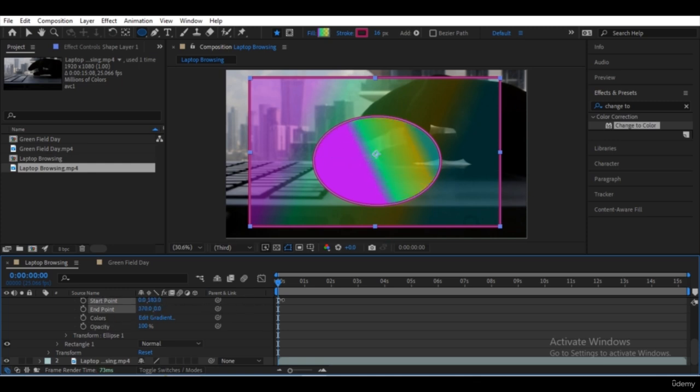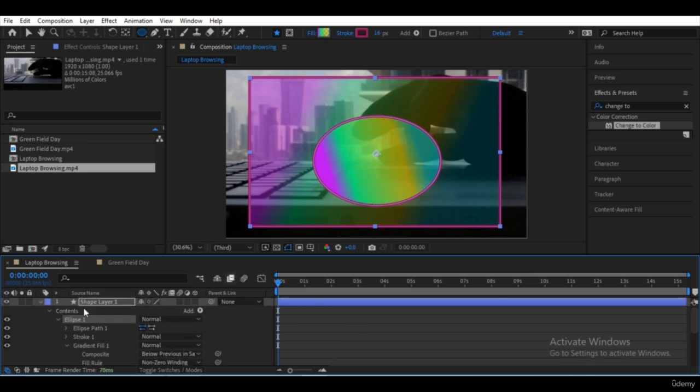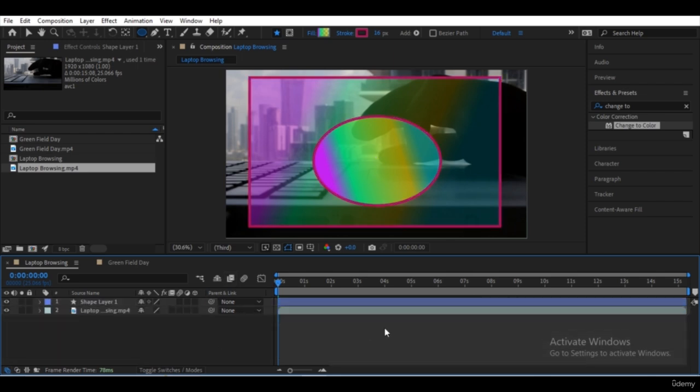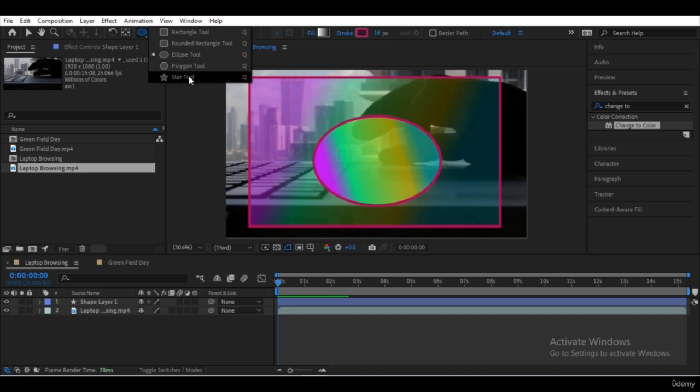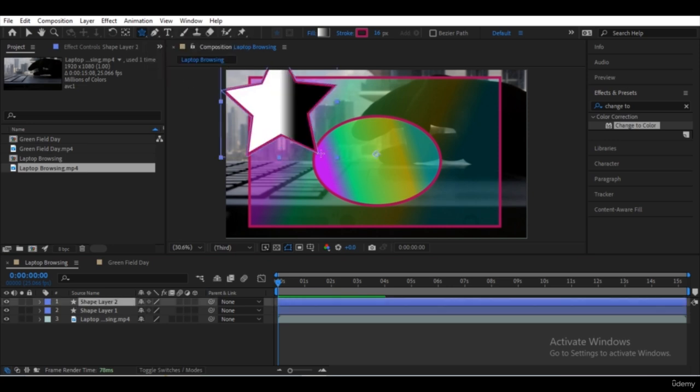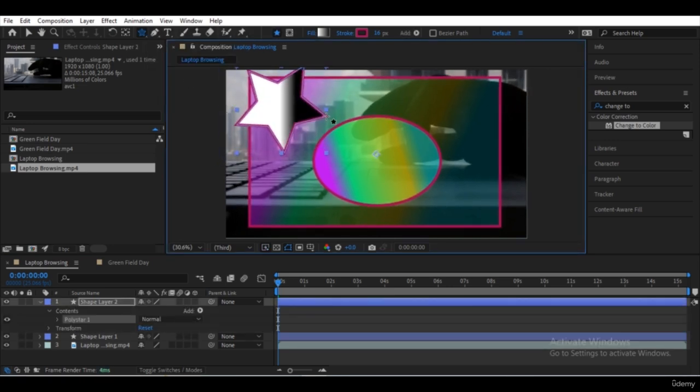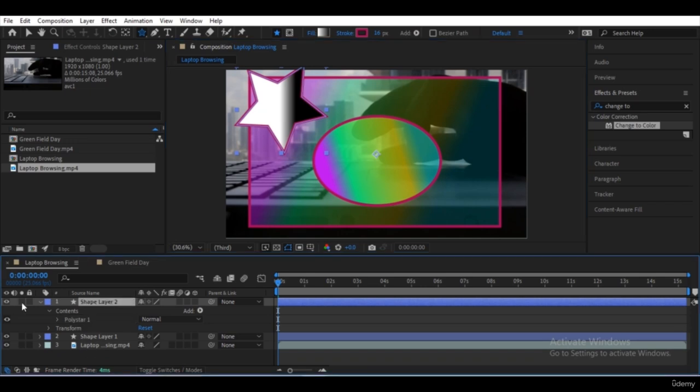We can adjust it by yourself. And what happens if we unselect the shape layer? And let's try the star tool. So it will create another new shape layer.